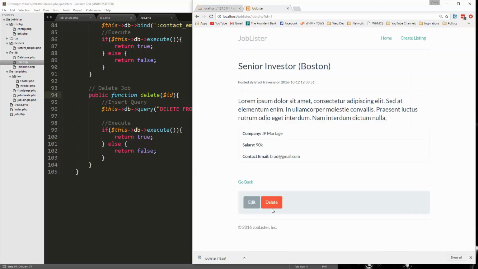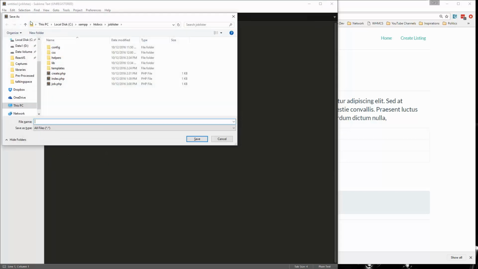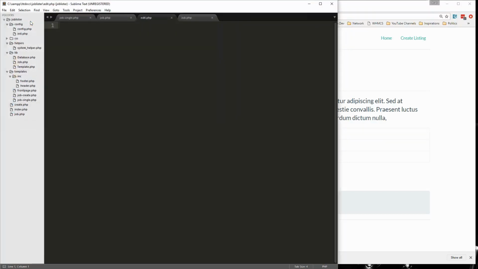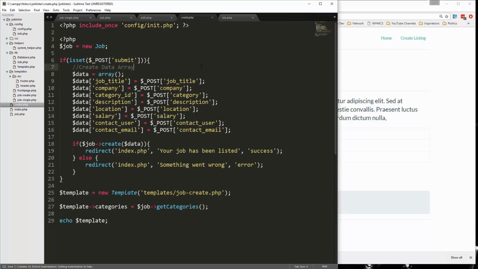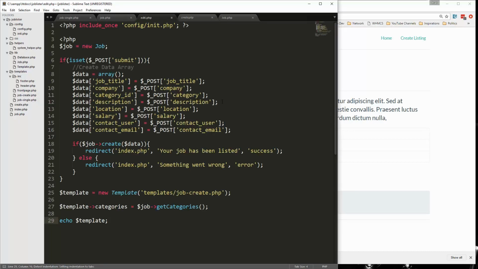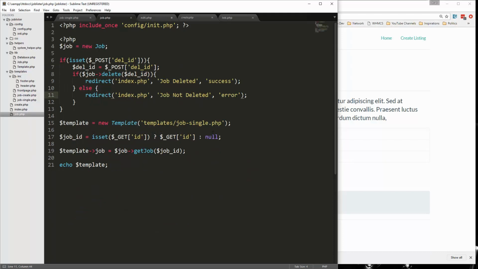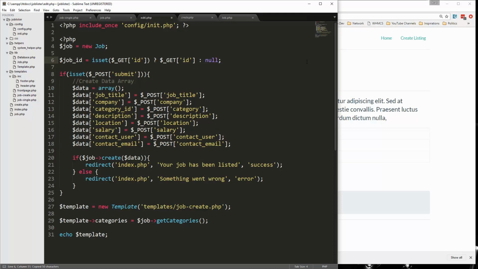Now we want to be able to update listings. So let's create, in the root, a file called edit.php. And in here, this is going to be similar to create, so I'm going to just copy everything we have in there. Now we're going to be checking for an ID just like we did in job PHP. So I'm actually going to grab this, put that there,